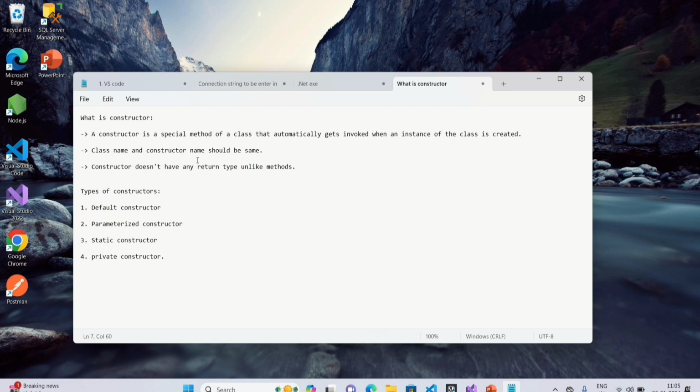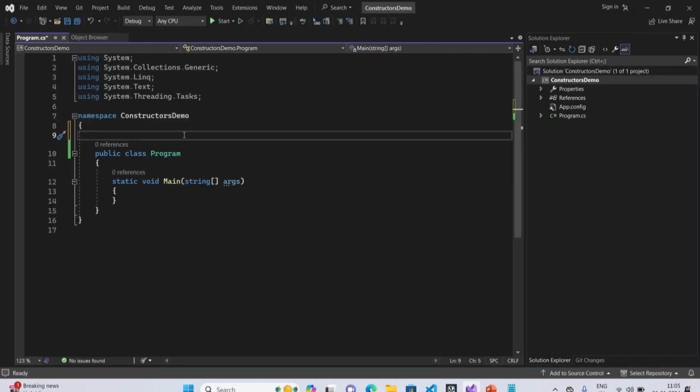And coming to the types of constructors, they are default constructor, parameterized constructor, static constructor, and private constructor. Let us discuss each and every one with a practical example. So I'm opening Visual Studio, and here I'm creating a class